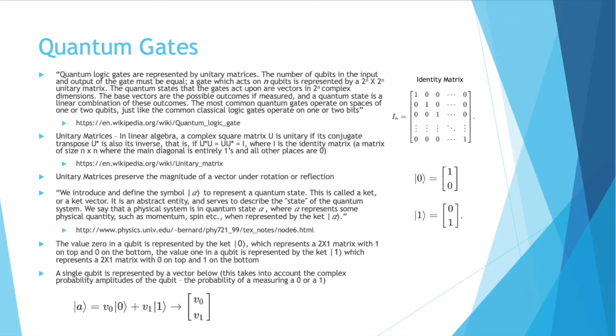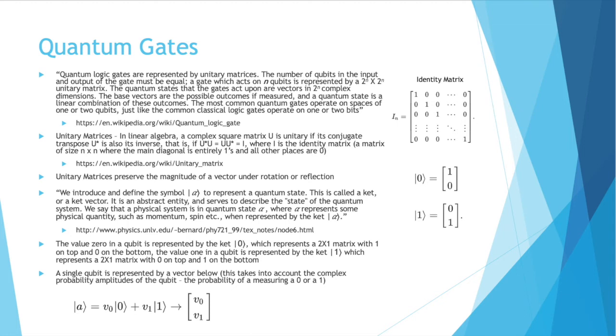So quantum gates are represented by unitary matrices. A unitary matrix is a matrix that when multiplied by its conjugate transpose, so what we just went over, results in an identity matrix. And an identity matrix is a matrix where the diagonal is all ones, but every other value in the matrix is all 0. Nothing but zeros. Unitary matrices preserve the magnitude of a vector under rotation or reflection. And that's good. That means using our quantum gates, we still have the same magnitude for our qubits, regardless of